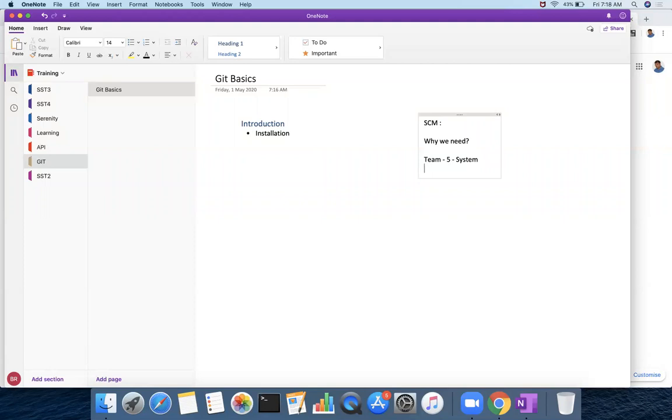So how do you share the code across the team members? That is the first question. Let's say I send it in an email. Whatever code I have written, team member one wrote some code and sent an email, and team member two wrote some code and sent an email to their manager. So the manager has to sit down, put together all the pieces and complete the code. Is that a good choice? No, it's not a good choice.